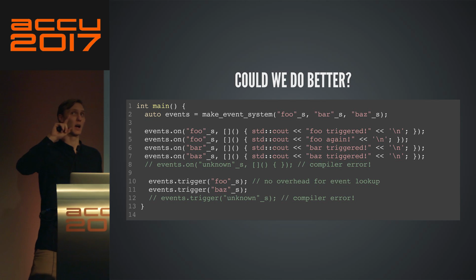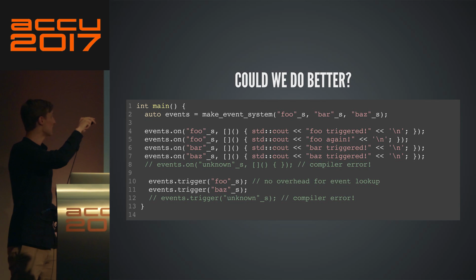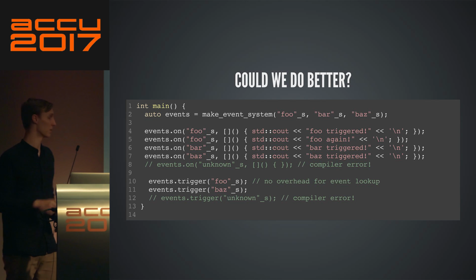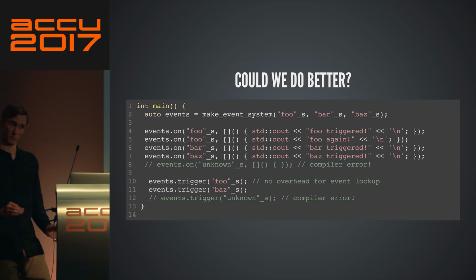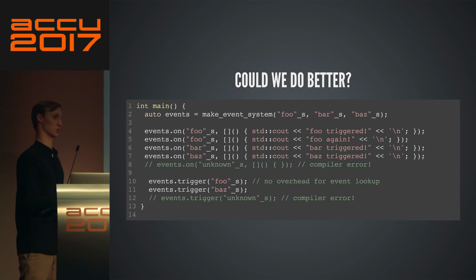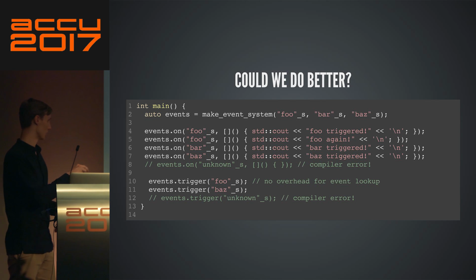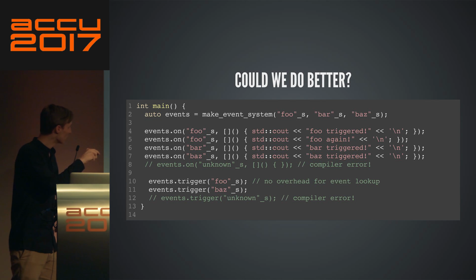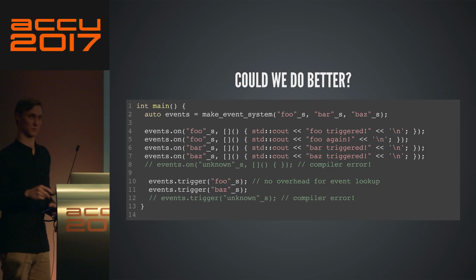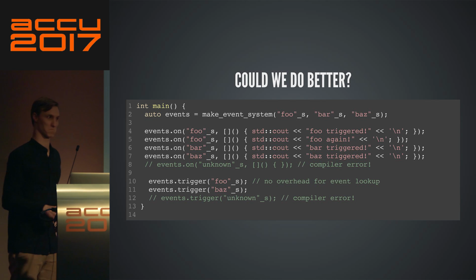It is legitimate to expect that, because you know all your events at compile time, and you know what you're triggering at compile time. Technically, conceptually, you don't have any information that is only known when you run the program. So we should be able to diagnose the misuse at compile time, and we're going to build that. If you try to register a callback for an event that doesn't exist, it doesn't work at compile time. And same if you try to trigger an event that doesn't exist. It doesn't work at compile time. Okay?